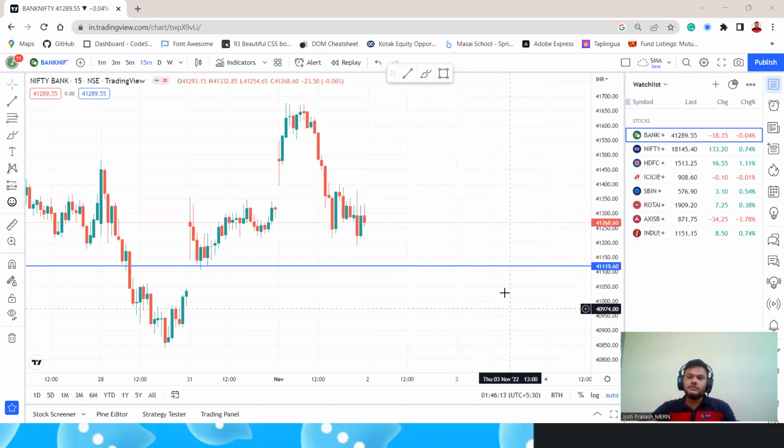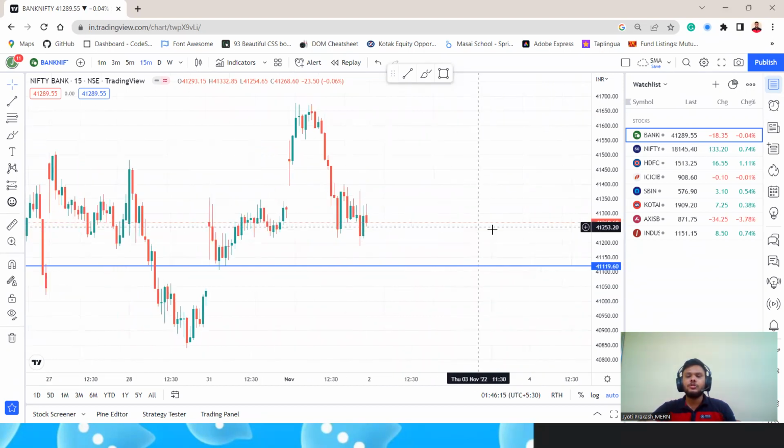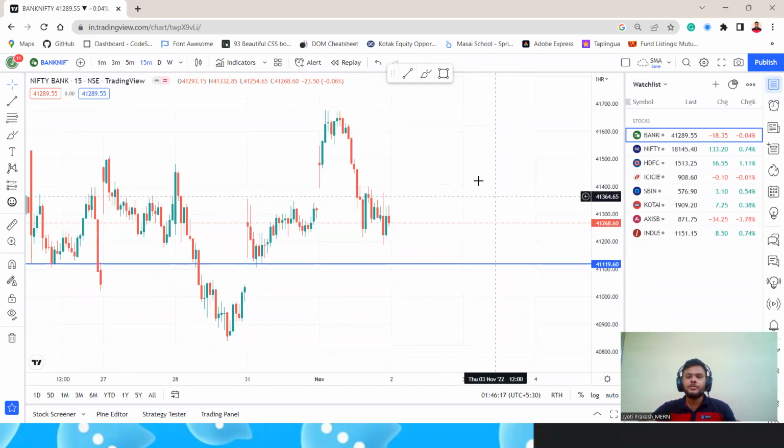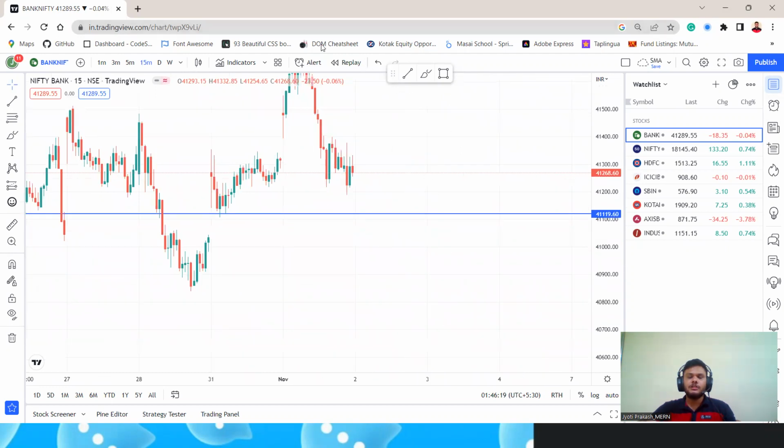But it can also open gap down. Let's assume it opens gap down below 41,000, or if it opens around 41,900, and it shows any negative scenario there, then you're going to take it for selling, and your target will be, as I said, 41,800 first, and you can set your next target to